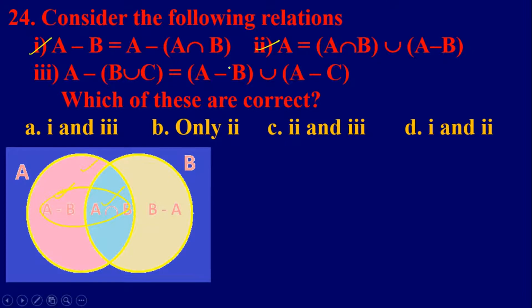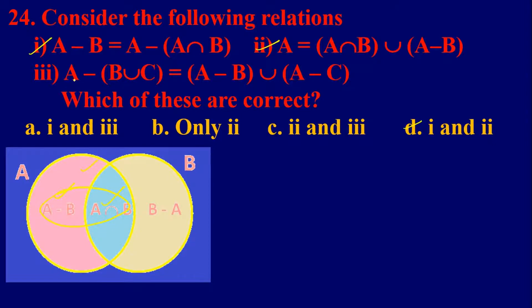So therefore we see the options. It is first and third, only second and third, first and second. Here first and second both are correct, so directly we can select option D only. Here the third may be correct or wrong, but by the given options we can select option D only, where first and second are correct. So there is no need to verify the third one, but still we verify it.